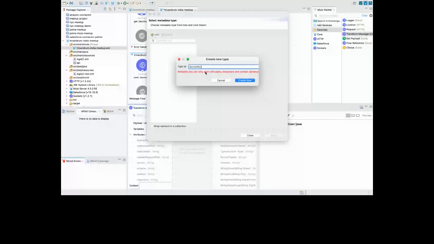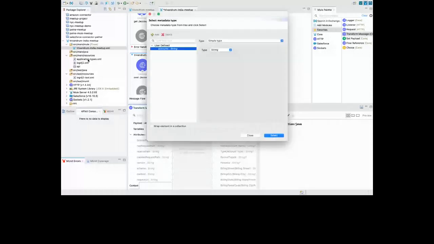So we'll just go ahead and create a type, and you will see here, as soon as I created a type, inside the main resource, a new file was created, application types. Inside this file, it is going to take every single thing. So now here we'll say it is going to be a JSON, and it's going to be a schema, okay?